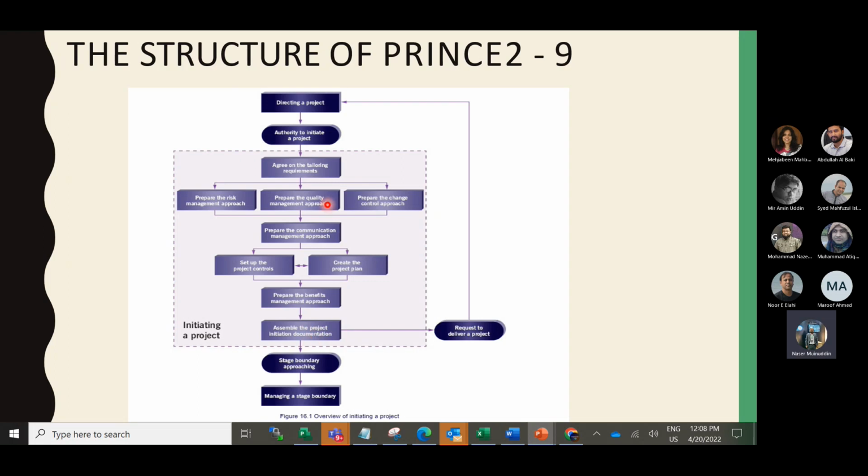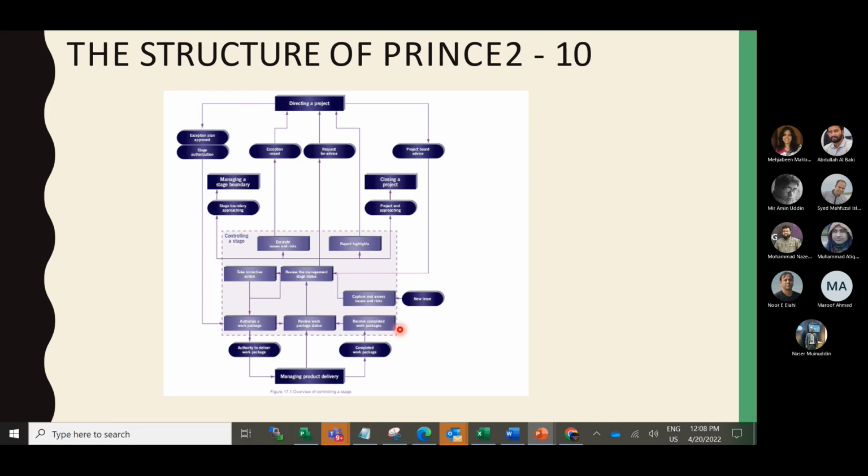So if it is okay, then to deliver the project and other project parties there. So Benjamin, your earlier question, this needs to be confirmed before we formulate the other parts of the project. So this is actually the standard methodology. The next process is controlling a project, where the project manager